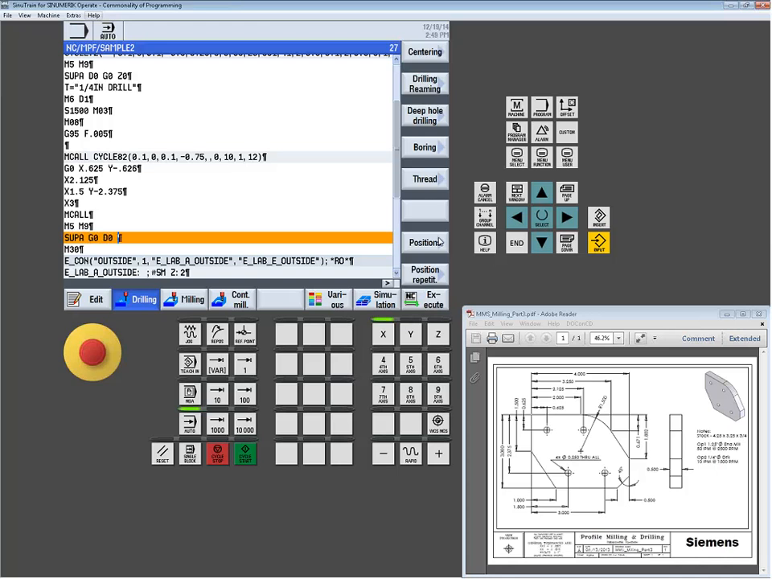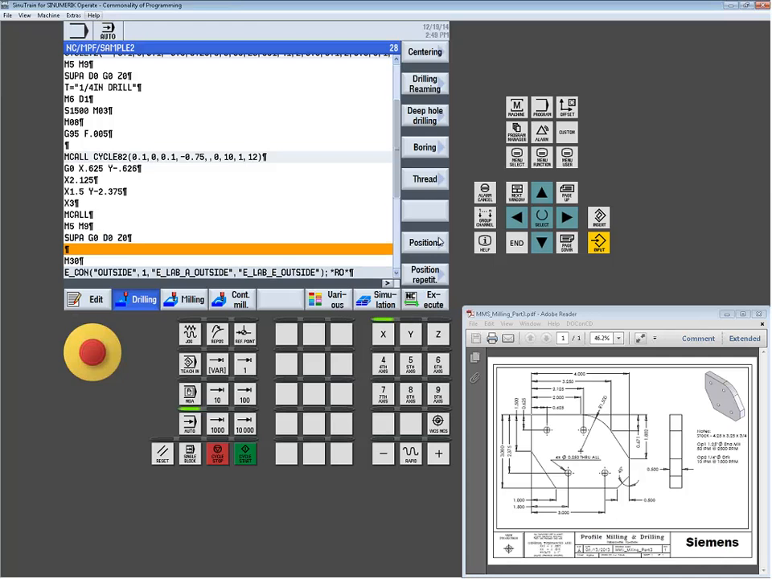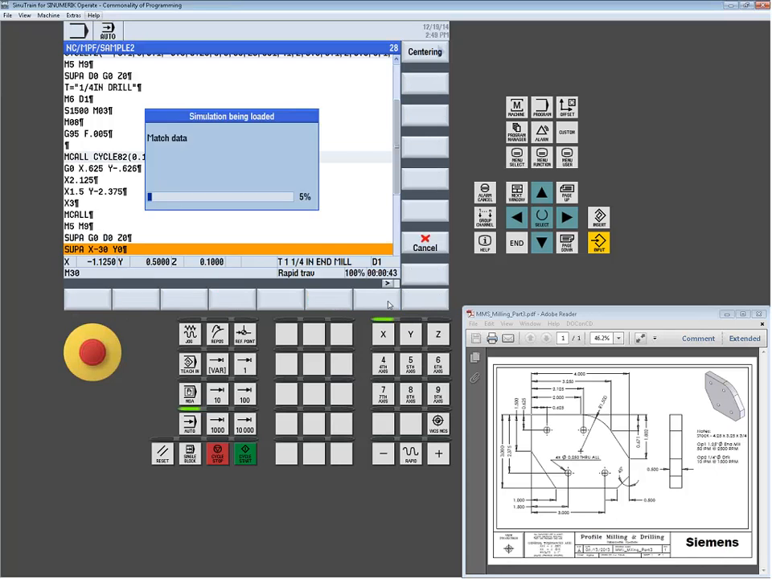The order of the D0, D0 doesn't really matter. Supa is a non-modal statement, so if I want to do it a second time, I do need to tell it. I'm just going to stage my table somewhere. Obviously, I would want to be aware of where my machine zero is before I put these coordinates. Okay, so if we go to simulate,